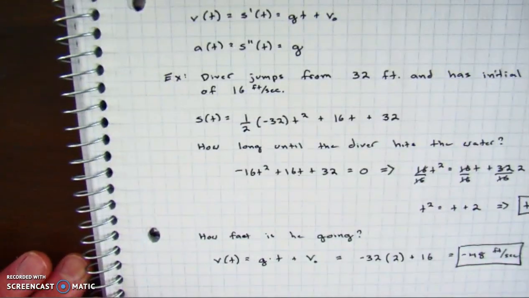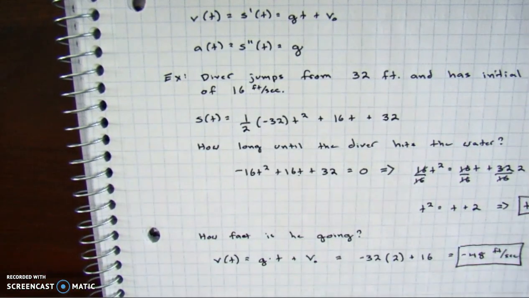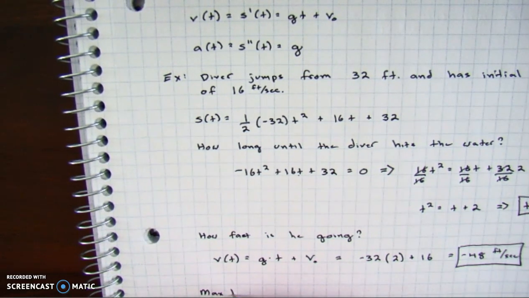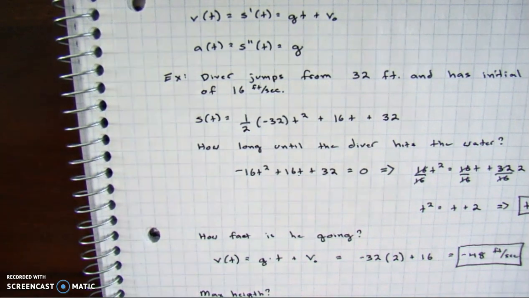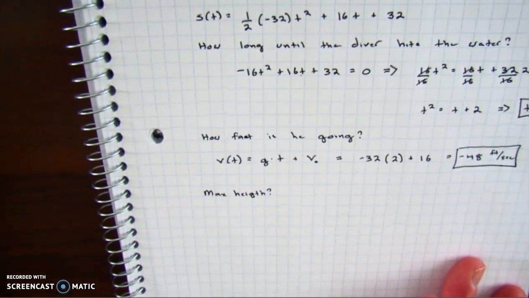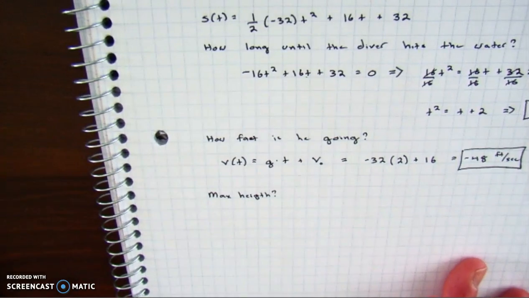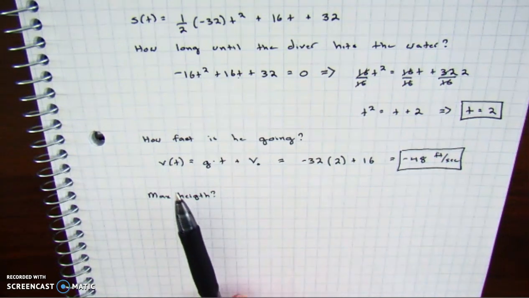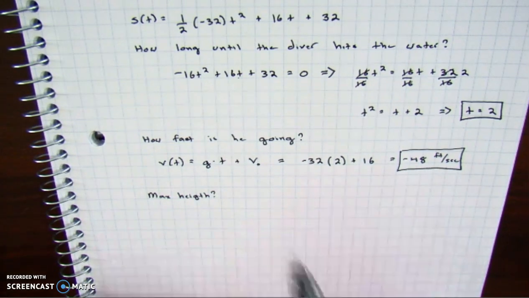Let's look at one more thing. Let's say, well, what's the maximum height? That's a good question to know. Max height. Hope I spelled that right. That doesn't look right to me. Apologize if my spelling's a little bit off. All right, so what's the maximum height going to be? First off, we've got to figure out when our velocity is equal to 0. Because if you think about it,